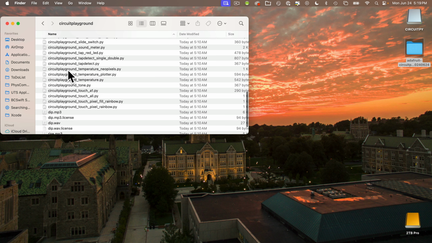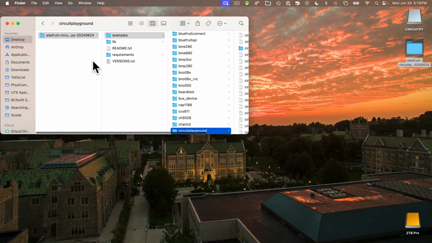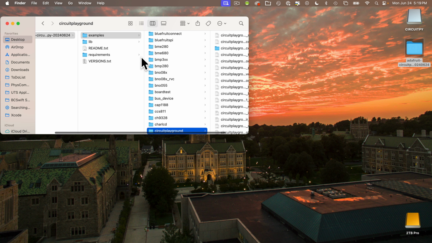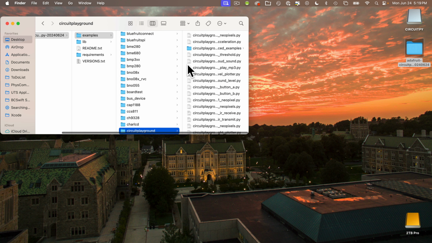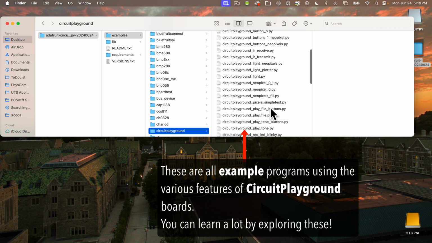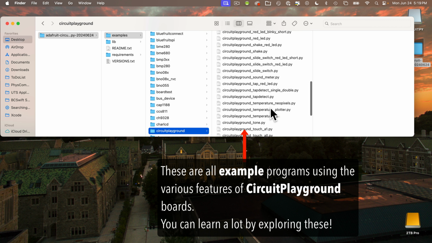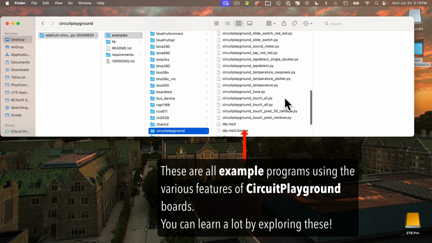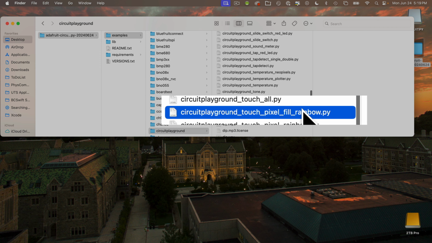So let's go in this folder, and I'm going to turn on the columns format for the Finder window. This shows how we got here from the bundle folder to examples and then into Circuit Playground. And I'm also going to adjust the column width so that you can see things a bit better. And you'll see lots of files mentioning things like buttons, neopixels, shake, temperature. And the one that I want to use is this one here, Circuit Playground, touch, pixel, fill,